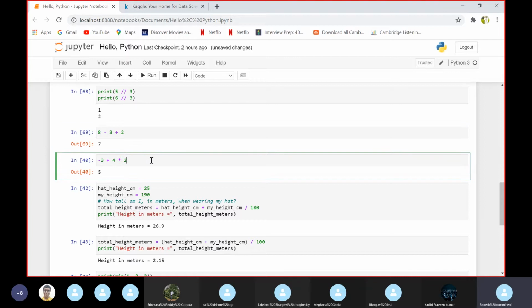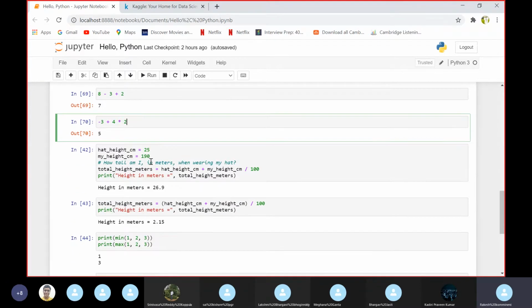Then after, we can see this operation went like 4 into 2, which results as 8, and 8 plus minus 3 gives the result as 5. A small example was coded here.